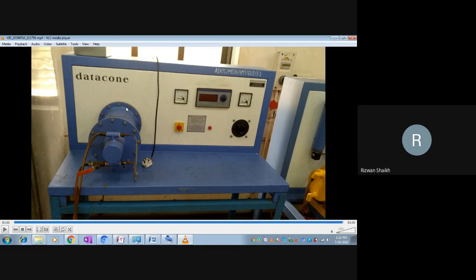Even if I heat the rod for 2 hours, 3 hours, 4 hours, the surface temperature of the metal rod will remain constant. Now, once the steady state condition is reached, we can note down all the temperatures from T1 to T9. So when T1 to T9 have been noted, which is the temperature distribution on the metal rod, then we slowly turn this knob on. This is the inlet part and this is the outlet part.